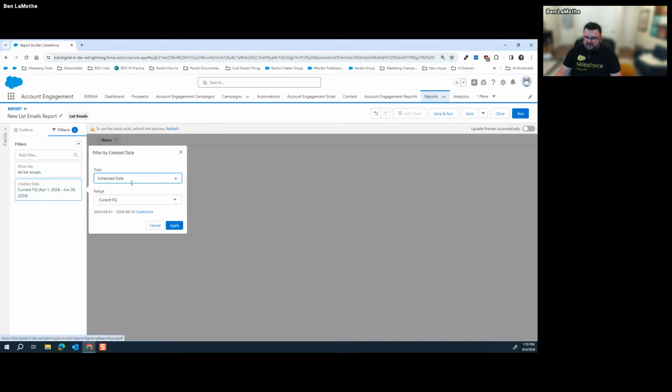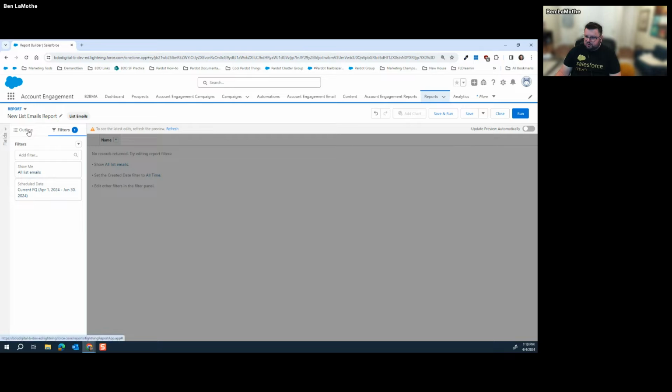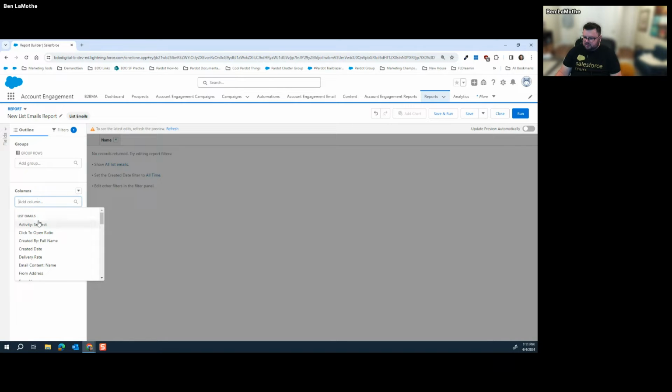It is kind of funny. You wonder why they wouldn't just use the word sent date, but they don't for some reason. So you need to make sure that you've selected a specific date if you want to look at these emails through. You can see you can include the subject line, delivery rates, your open rates, your opt-out rates. That's all your standard email data. Total sent,